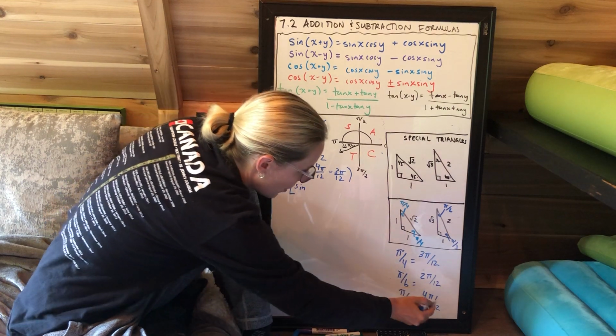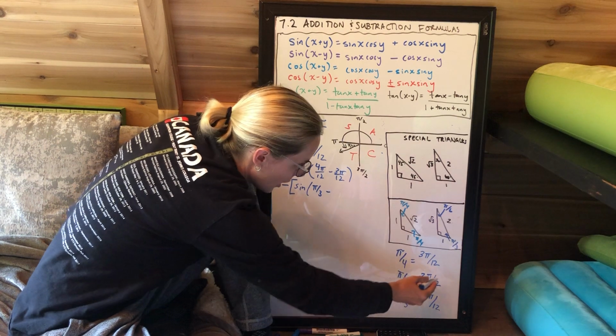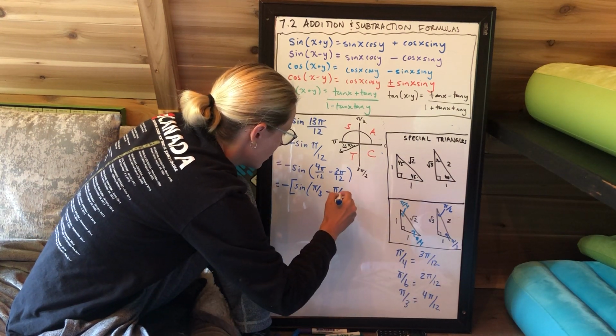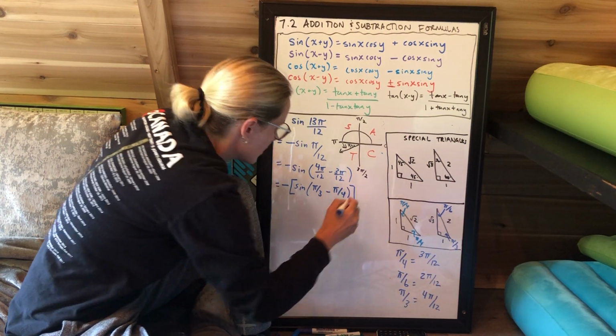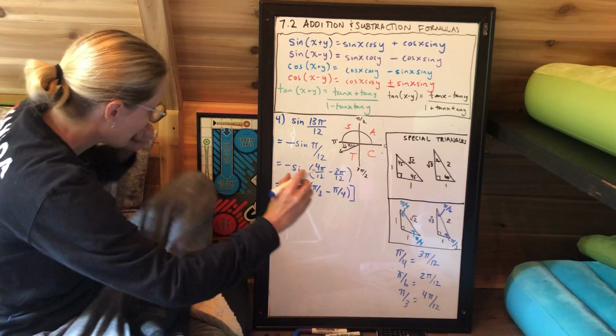4 pi by 12 was pi over 3. 3 pi over 12 was pi over 4. So I'm just going to do that because when we actually go to use the special triangles, they're not in terms of 12, so we might as well just convert that. So